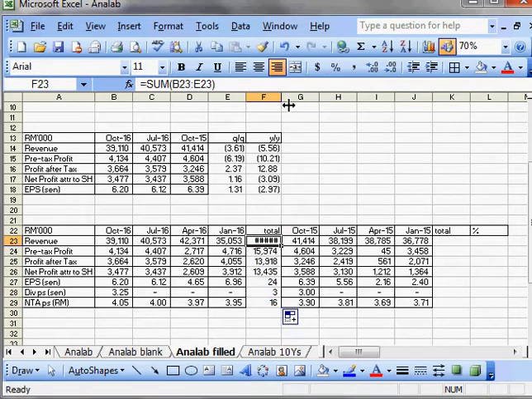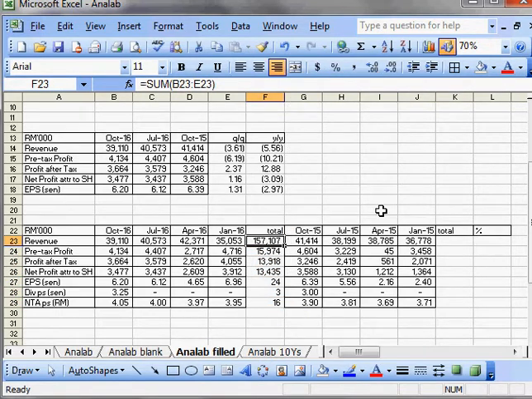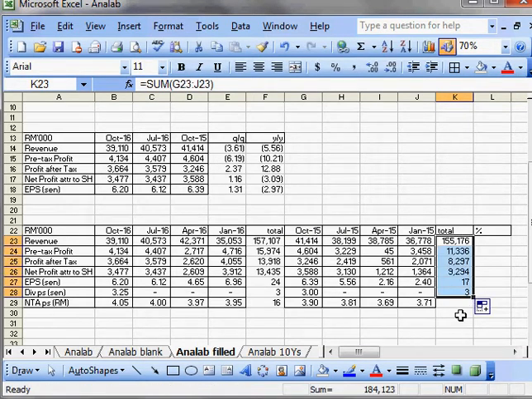This is not big enough, so I have to expand the size of this column, and the same applies here. So yep, drag it out, yeah, up to here, right? This one, you don't add up your net tangible asset or your net asset, so you just go up to here only, and